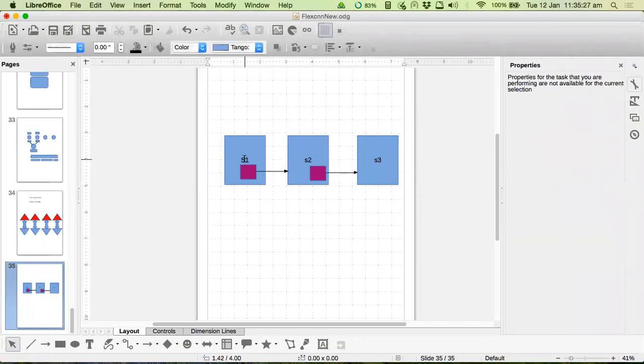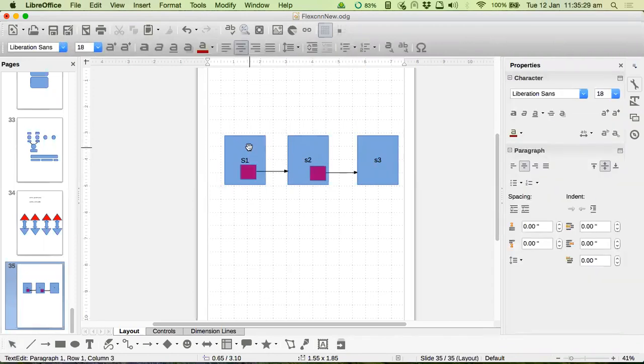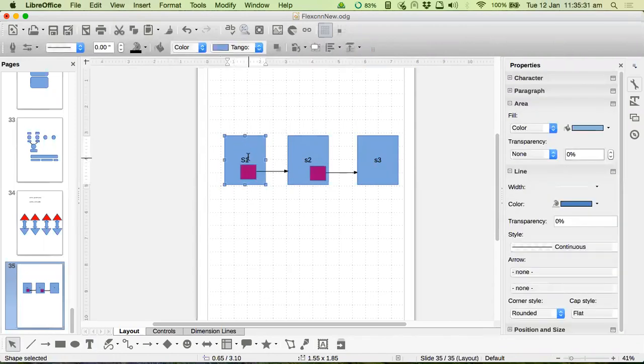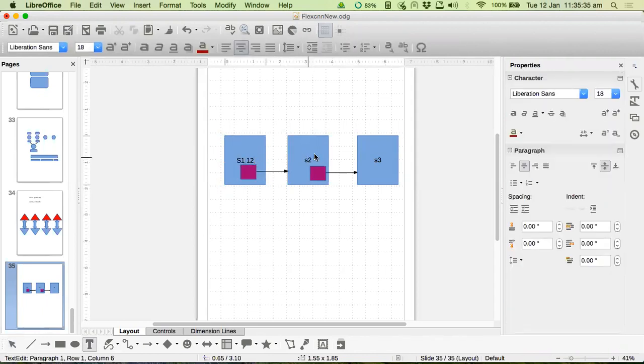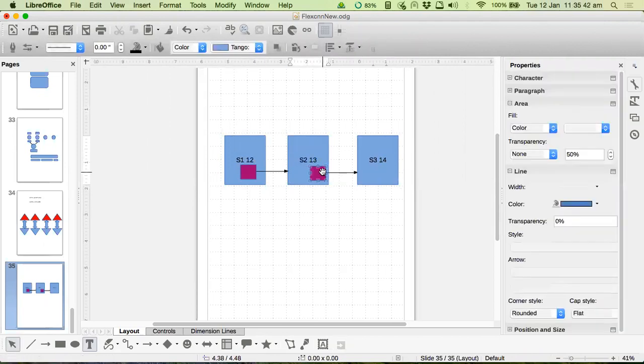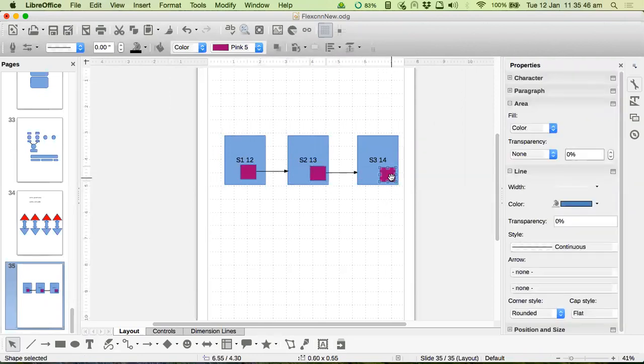And then apart from this, what is the other data that you have here? You have a roll number. Let's say 12 here, 13 here, and 14 here. Apparently this also has a pointer, but let's say this pointer does not point to anything. So do you understand the structure, guys?